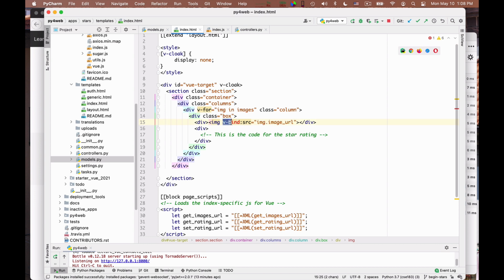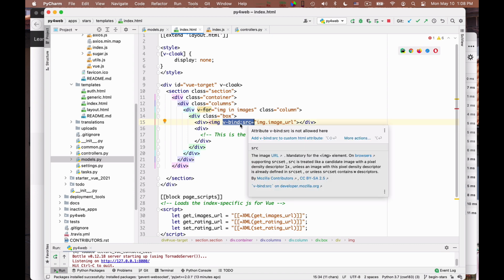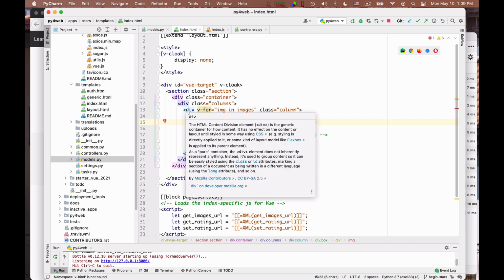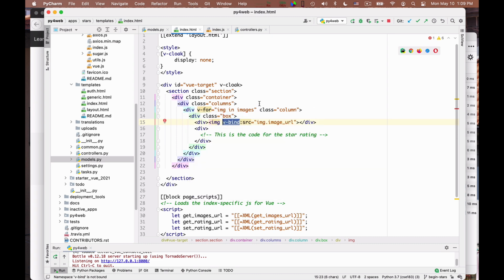Notice the use of v-bind:src to define the value of the source field. I think as an abbreviation I could have just written :src, okay, but I chose to write it in the long form. Here there is also an empty div where I will put the code for the star ratings. At the moment there is nothing written because I have not implemented star ratings yet, okay? So this essentially is a template that puts out 1 box per image that I want to have.